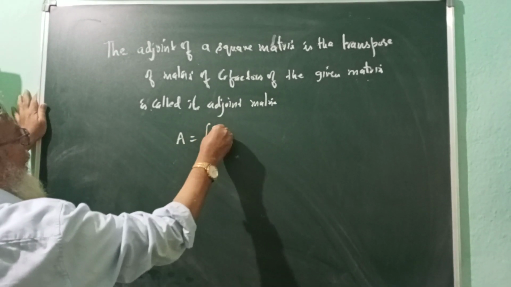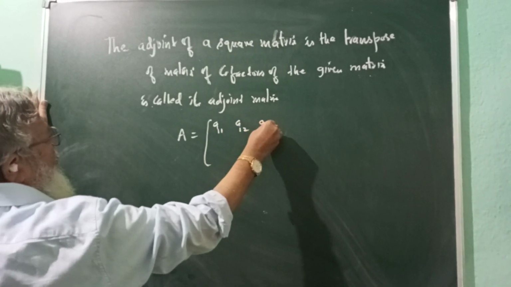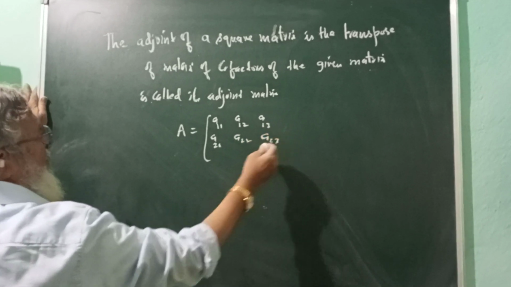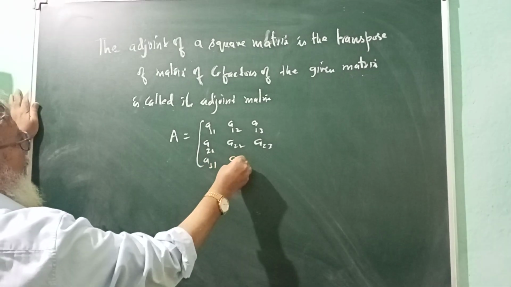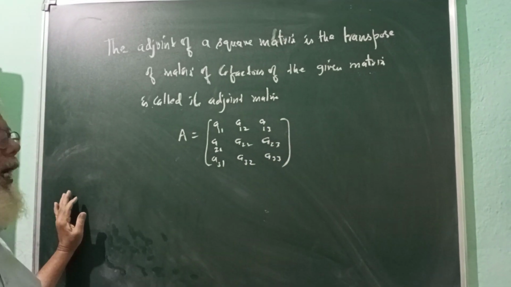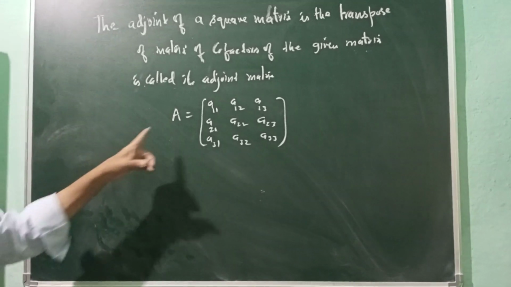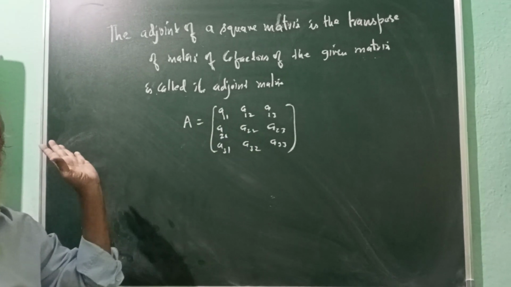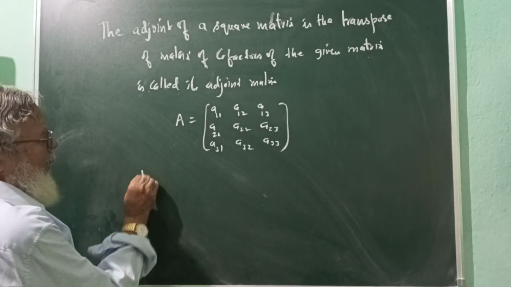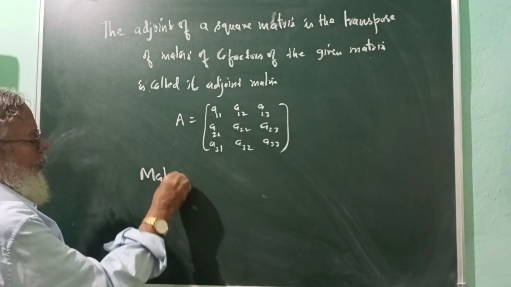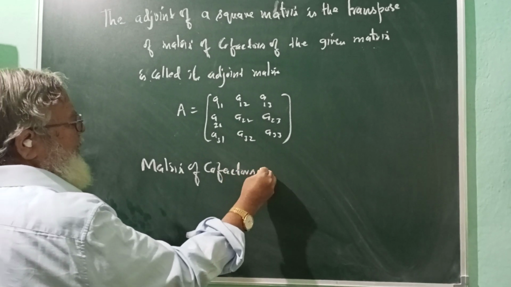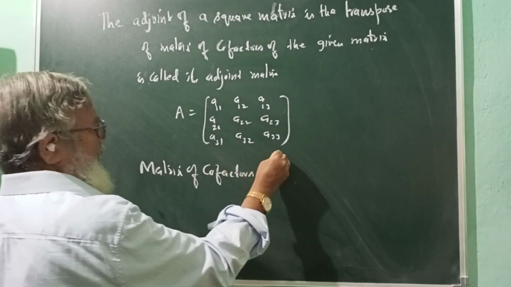One square matrix: a11, a12, a13, a21, a22, a23, a31, a32, a33. This is a square matrix. And now we find out the cofactor of each and every element. It will be clear while solving the problem. So that we will call the matrix of cofactors. The matrix of cofactors is given by